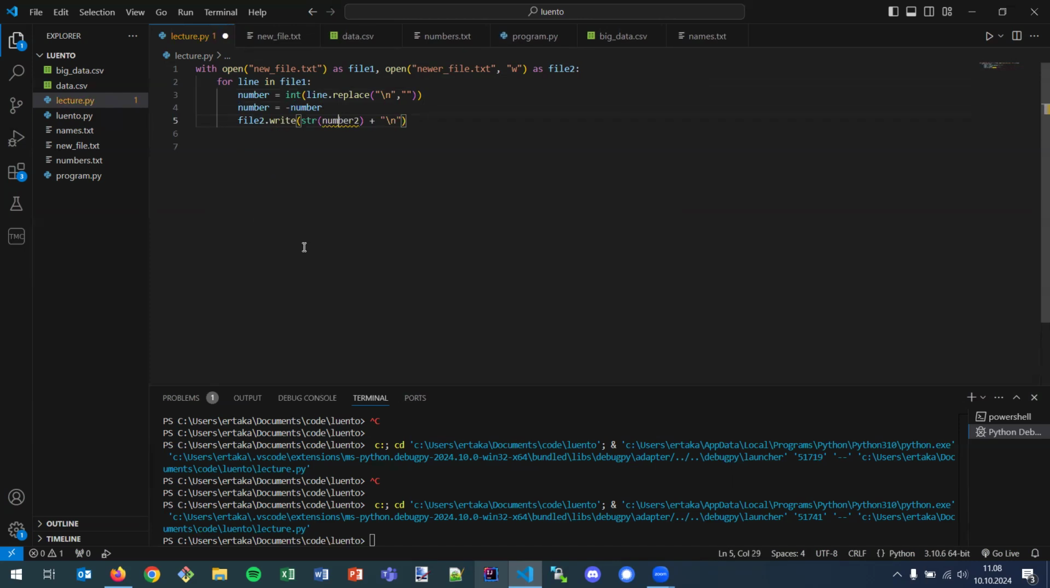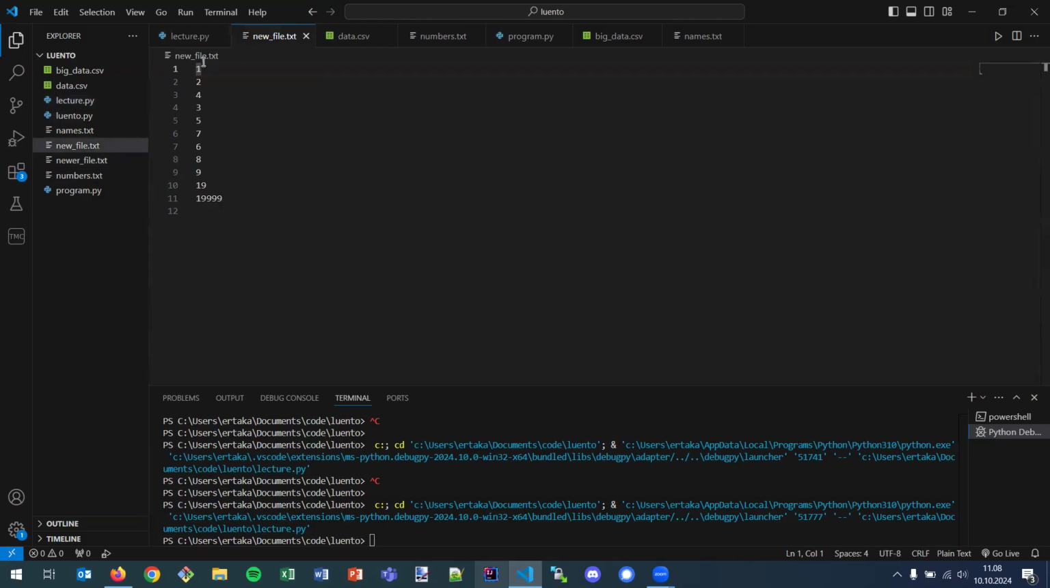And let's do it like this. Let's see if it actually works. So we do it like this, and now we have a newer file, and in this new file we have numbers 1, 2, 4, and so on. In the newer file we have numbers -1, -2. So something like this. And this was actually a good question because doing something like this in Python is really